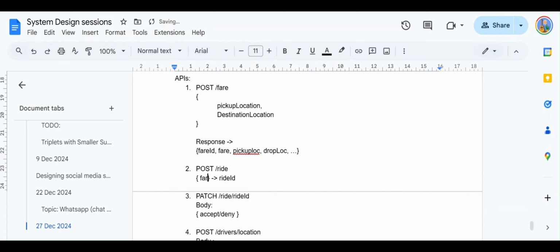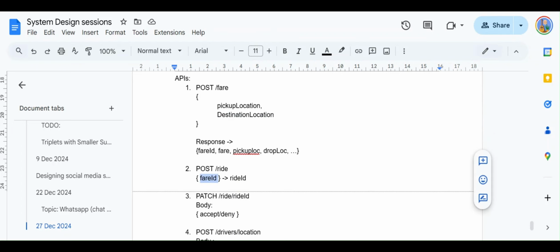So for that, what we are doing over here is we are asking him to include the fare ID object, which actually includes the pickup location, the destination, everything, like where he is currently at, where he wants to go, what's the fare amount for this, and what's the ETA. He cannot modify the fare ID, because he does not know what other valid fare IDs are present in the system. And even if he gets to know that, there is no chance that the other fare ID is going to have the same pickup location, destination location, same ETA, and everything. So he cannot really hack into the database, because that's a separate problem in itself.